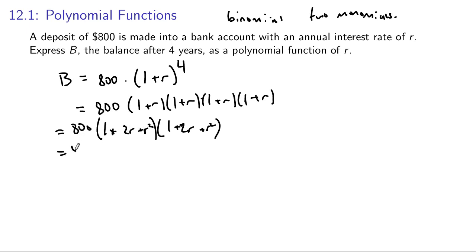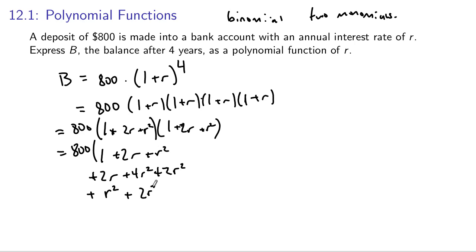So then when we distribute against these, we would have 1 times 1 is 1, 1 times 2R is 2R, 1 times R squared is R squared. I like to do these kind of in an array so I don't lose track of where I am. We're doing multiplication here. 2R times 1 is 2R, 2R times 2R is 4R squared, 2R times R squared is 2R squared. And then finally we have the R squared term. So we have R squared times 1 is R squared, R squared times 2R is 2R cubed,